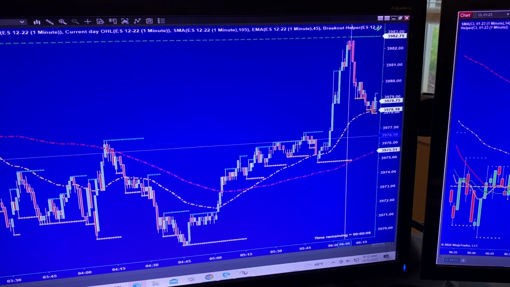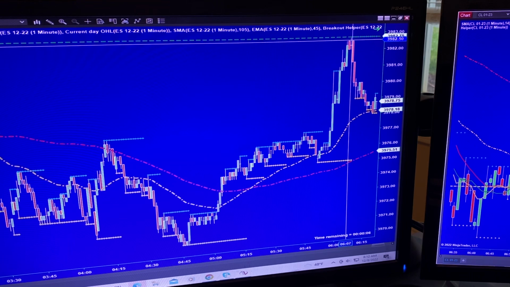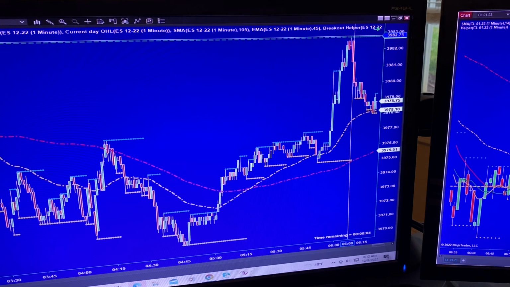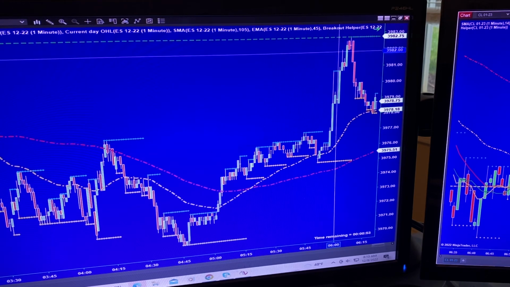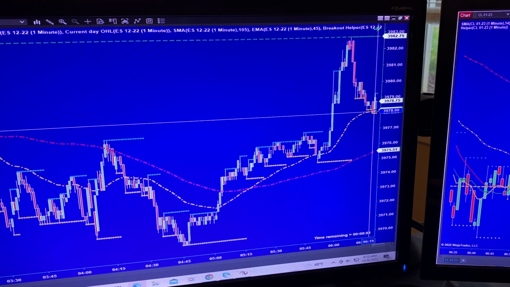Okay. That's from 75 to 83, or 82.75, which is pretty substantial first thing in the morning. So now you have a pivot high. See this? You have a pivot high. It pivoted higher than this. So we're going to come back down and retest that gold line again.